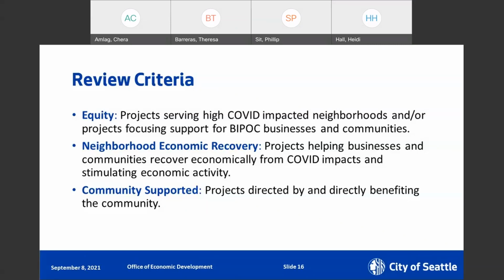So these are the 3 key criteria for the grants, and proposals will be reviewed and scored against them. There's a scoring guide that the review committee will use as an appendix on the grant guidelines if anyone would like more detail. The proposals will be reviewed by an interdepartmental staff team from the Office of Economic Development, Department of Neighborhoods, Arts, and community panelists as well. Next slide.